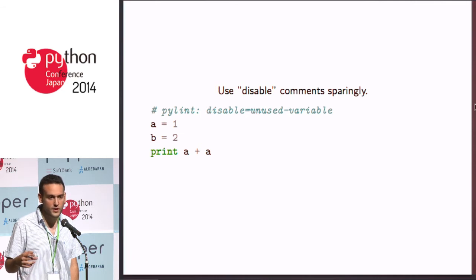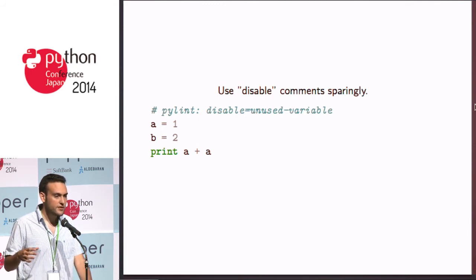There's also another convention, which is to put a comment at the end of the line with text like noqa, meaning you want any checker tool to ignore that line. But as I was saying before, I think it's important to use these types of comments as little as possible, because they tend to